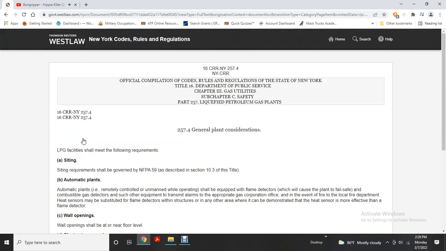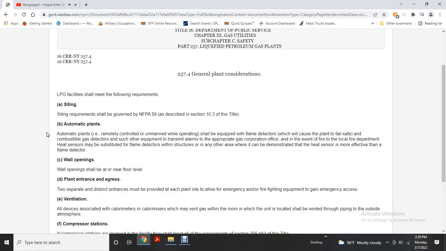Alright, 257.4, General Plant Considerations. A liquid petroleum gas facility shall meet the following requirements. Siting requirements shall be governed by National Fire Protection Association 58, described in Section 10.3 of this title. Automatic plants that are remotely controlled and unmanned while operating shall be equipped with flame detectors which cover the flame, with a fail-safe, and combustible detectors for the other equipment, to transmit along with the appropriate gas